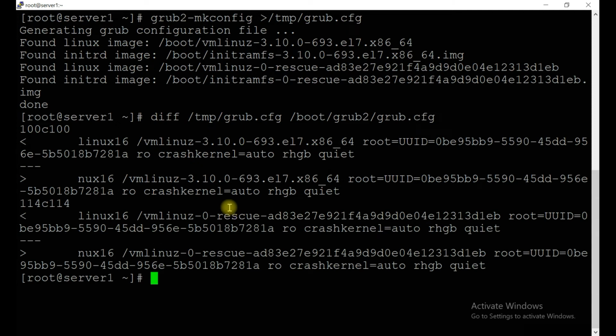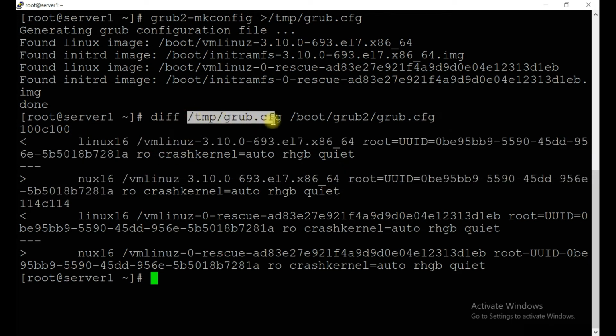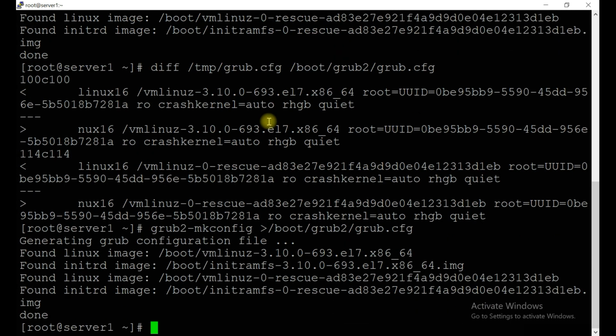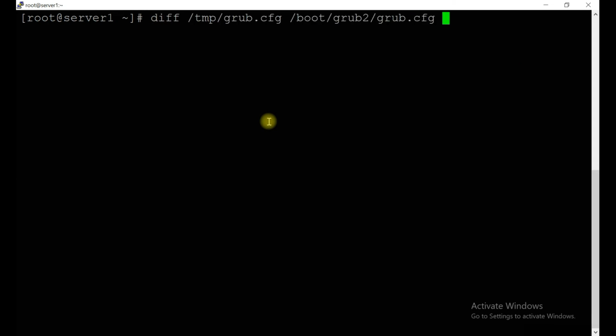So the configuration file now looks okay, because this is from the first file, this is from the second file, and our first file is this one, the newly generated file. So let's redirect the content to the correct file, which is this one, and now see the difference, if there is any.